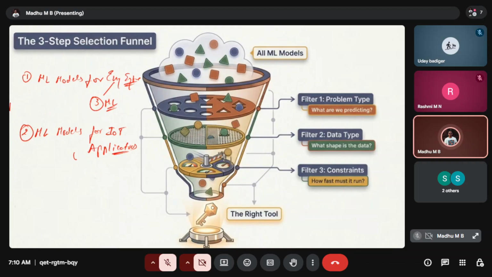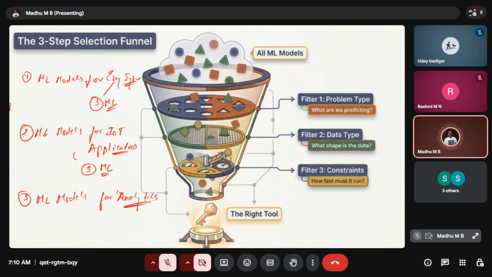For that use case, I have selected the ML models. And the third category is ML models for analytics.